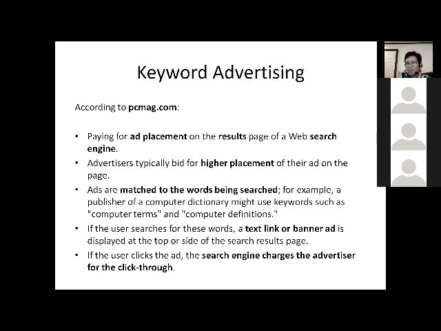So whenever somebody searches on, for example, Google, computer terms or computer definitions, then the search results, the SERP or the search engine results page, will appear, and depending on how much the advertiser paid, the ad will appear. Their ad for the computer dictionary will appear higher or maybe not as high up in the search results. So that's what we mean. And then,